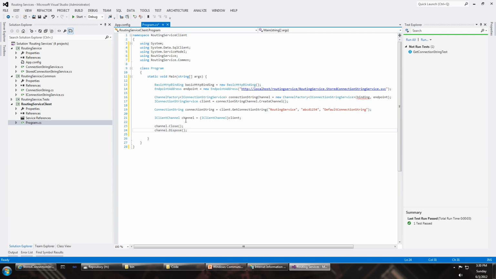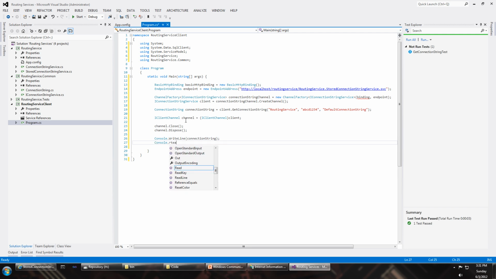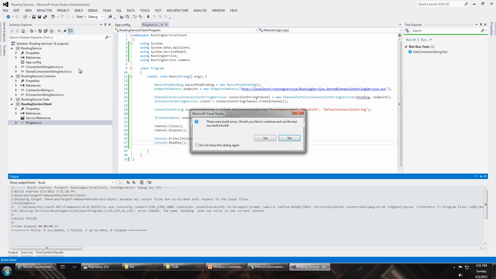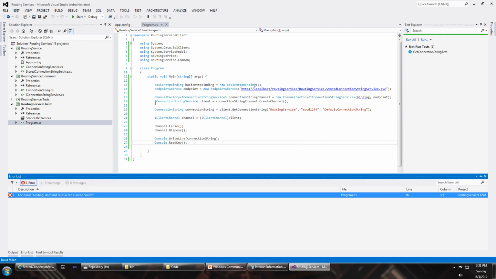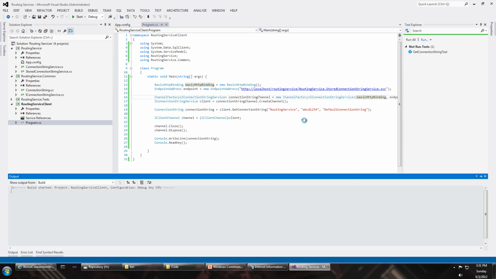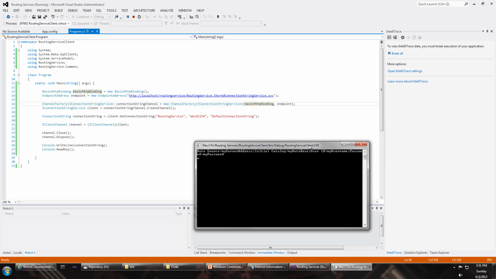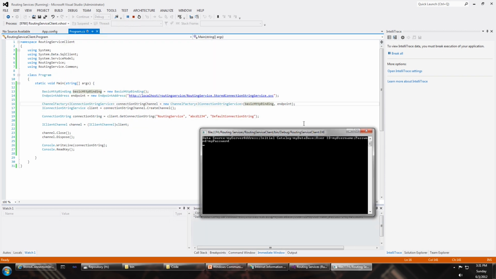And now we can go ahead and do the same thing, and we could write our connection string to the console. And if we run this, let's see where we have a build error, and it is on our basic HTTP binding. Oops, I just didn't specify the right name. And we can see that we have the same exact result,